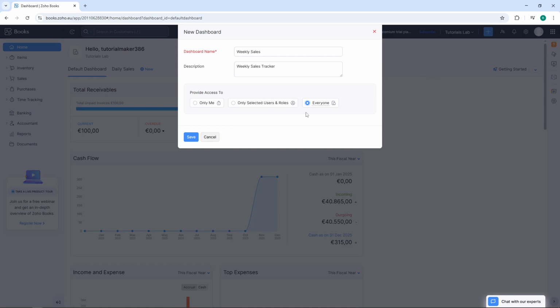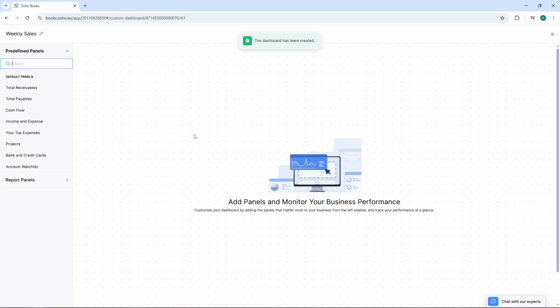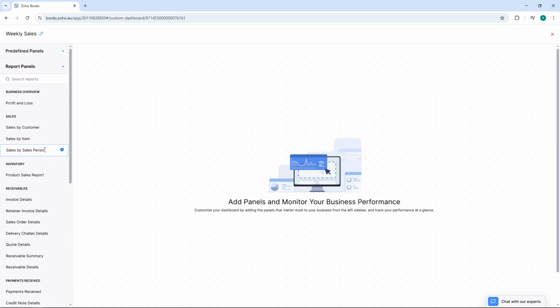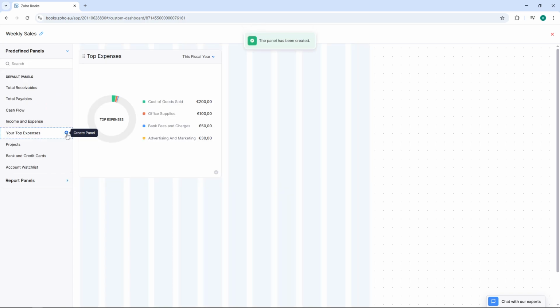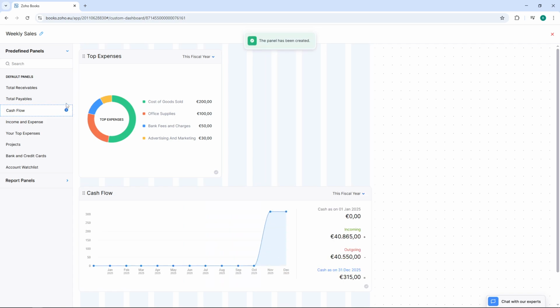Once you've configured these settings, click the Save button to create your new custom dashboard. You'll now be taken to the dashboard setup page where the real customization begins. Look to the left pane and click on Predefined Panels. This section displays all the available data panels that Zoho Books offers, from revenue charts to expense trackers and everything in between. Browse through the available panels and click the plus icon next to each one you want to add